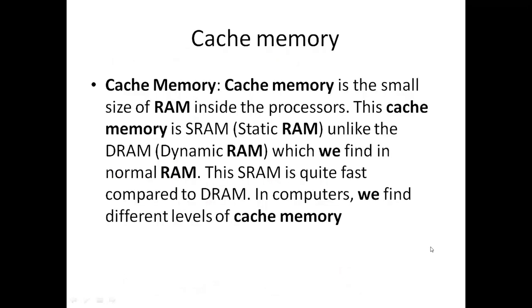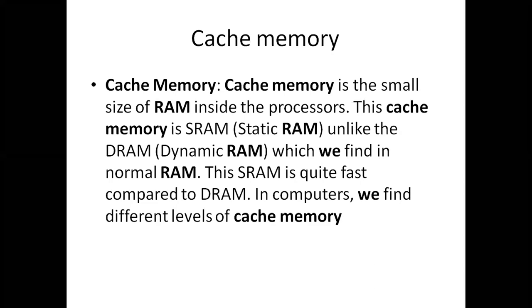So cache memory, it is a very spicy topic. After learning secondary memory and primary memory, RAM, ROM and all those things, you will have a new name. It is pronounced as cache, CACHE, memory. Cash, like you pronounce money. Give me cash, take this cash, like that. So this is the pronunciation, but it's not that cash.